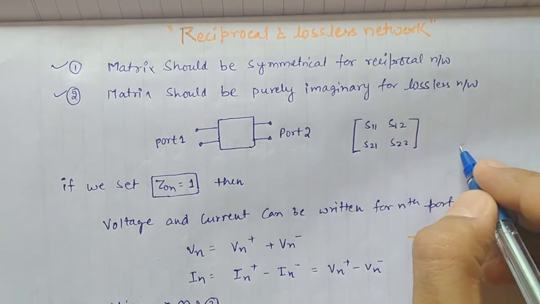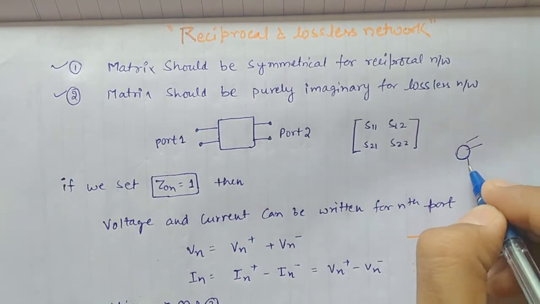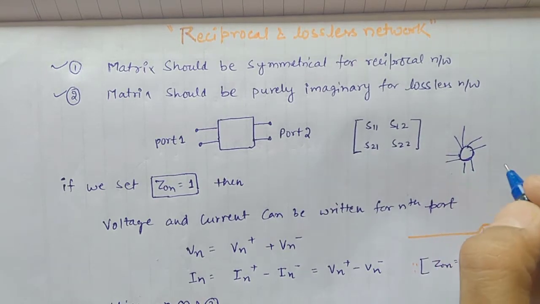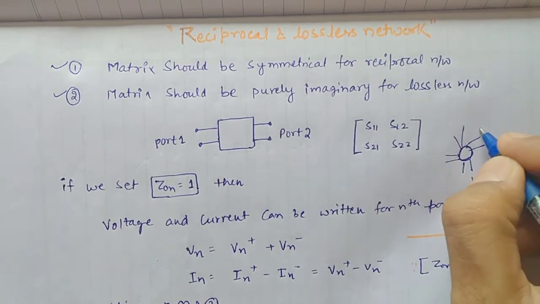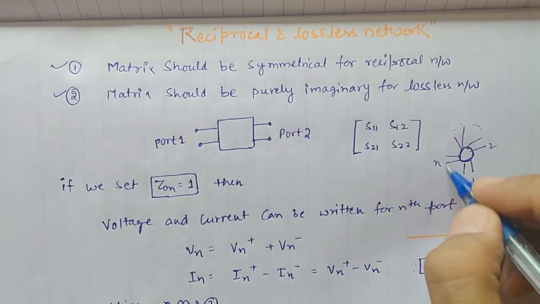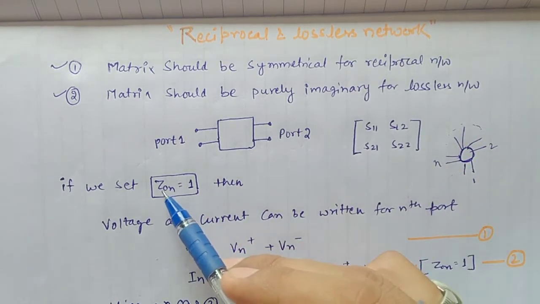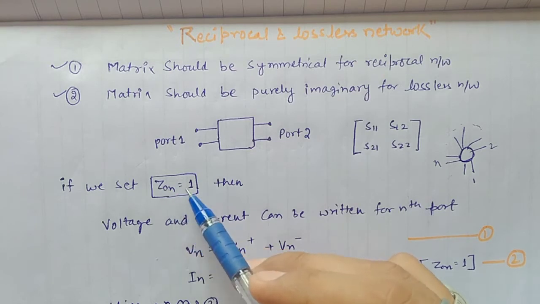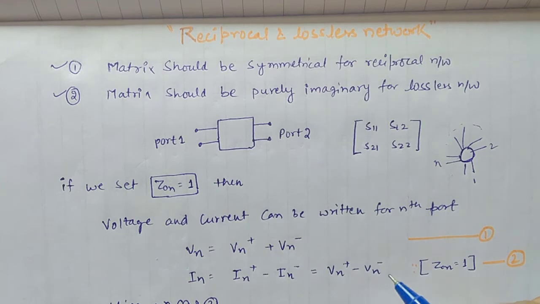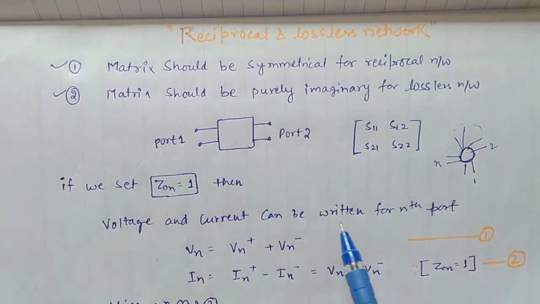What I'm going to do is define this for all. Suppose I take an n-port network. There are a number of ports in the device, like 1, 2, and so on, till n. For all the ports, I have taken a normalized impedance. For the nth port also I am taking the impedance as unity, 1. Normalized impedance is 1, and the voltage and current can be written for the nth port, or any port. Here I have denoted them as Vn and In, voltage and current.